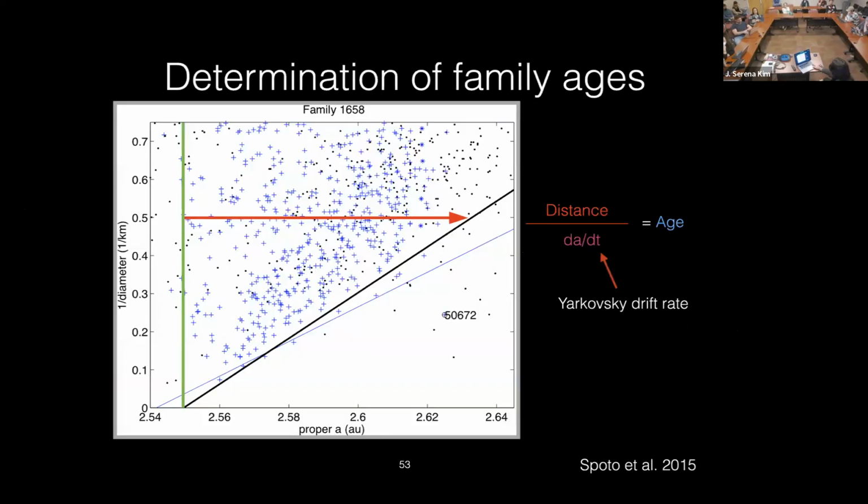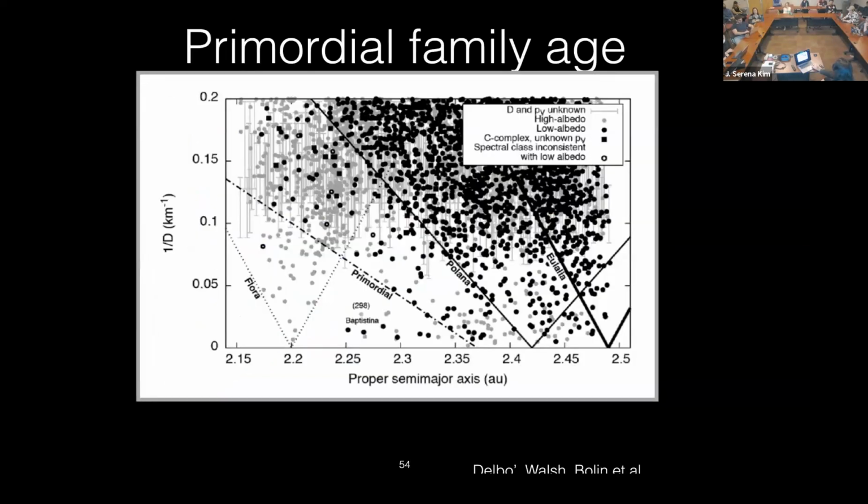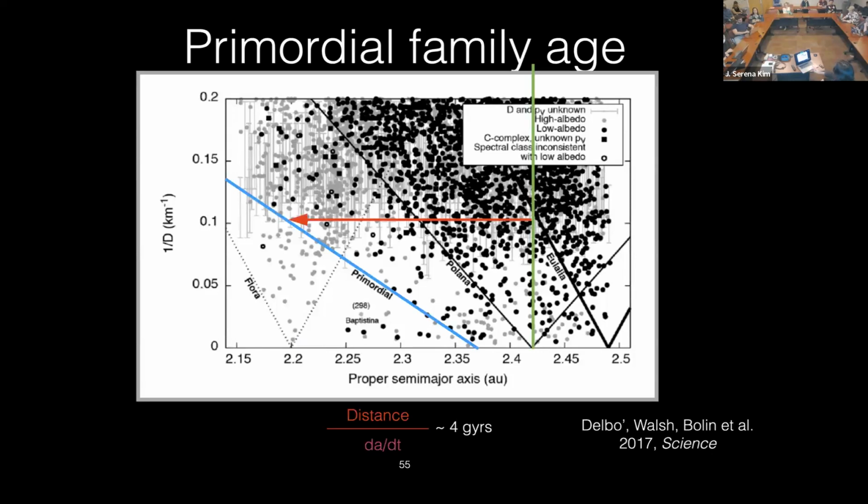But if you turn these V-shaped slopes, let's say distance from the center of the V-shape, you can compute the age of the asteroid family. So the distance is defined as the distance from the center of the V-shape to the edge, to the border of the V-shape for a set diameter, in this case, 0.5 kilometer. And then you divide that distance by the Yarkovsky drift rate for a 0.5 kilometer asteroid, and you get the age. Applying this technique to the primordial family, we get an age of about 4 billion years, plus or minus